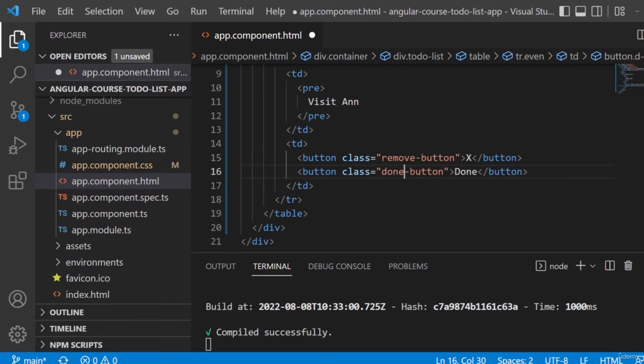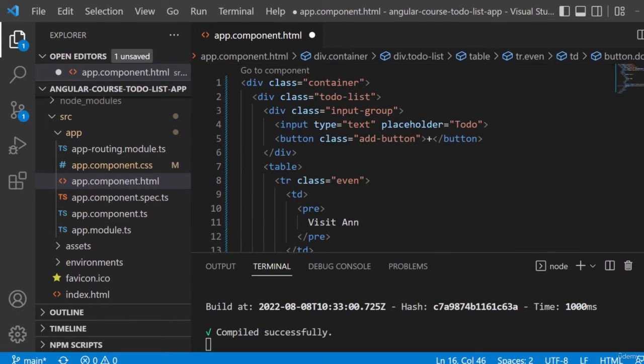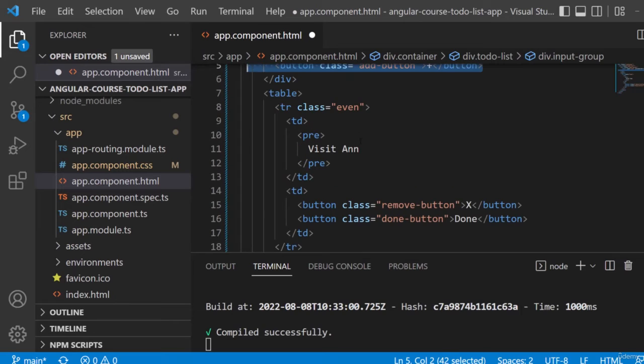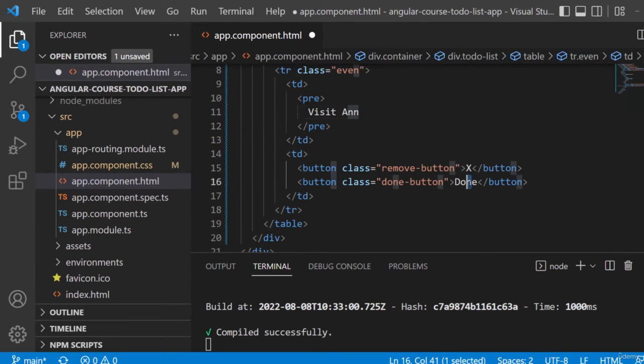So let me just recap this. Here at the very top, at the to-do list, we have an add button. And right below, inside of that entry of our to-do list, we have a remove button and a done button,